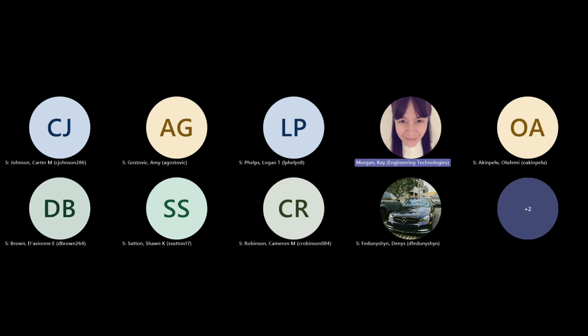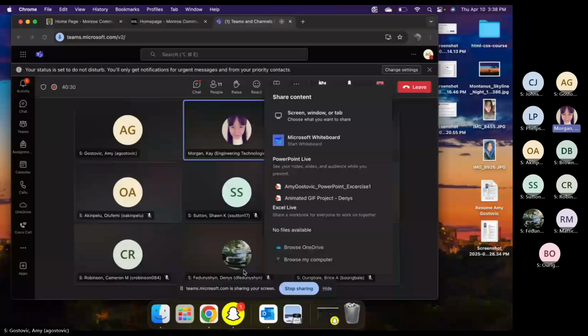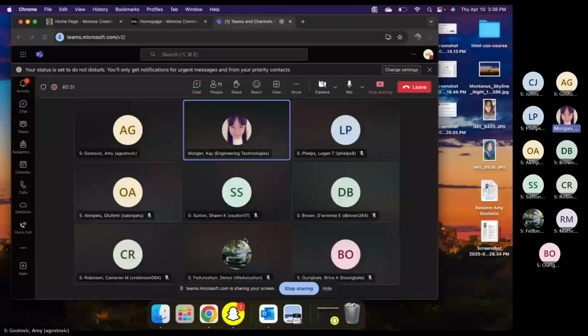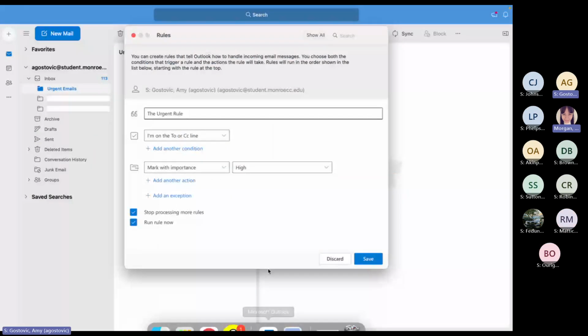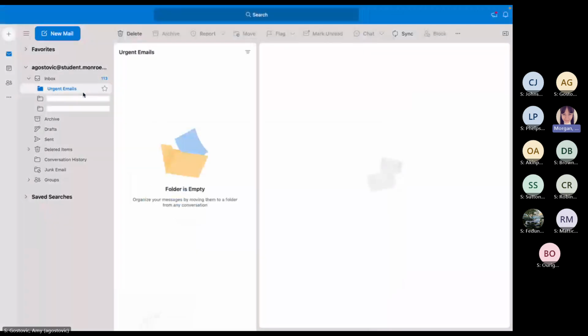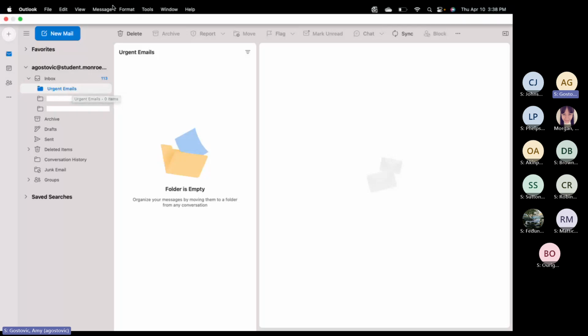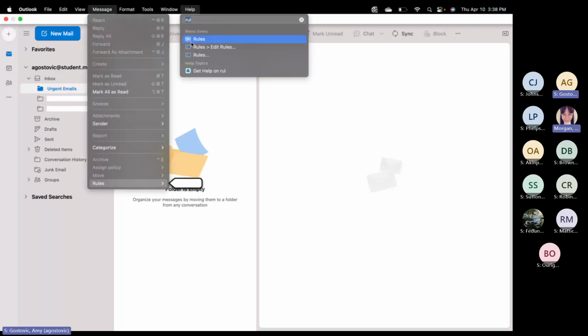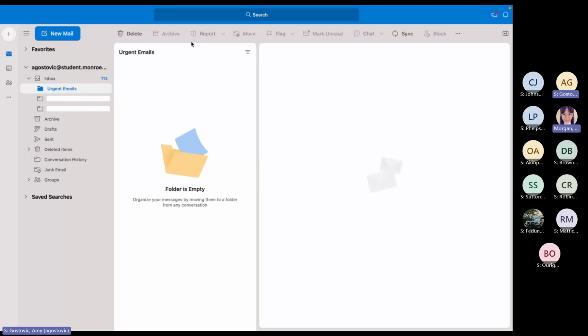You make a folder called urgent for your exercise. The folder name is urgent, and you're going to type an email with the subject line urgent to somebody, or to yourself. Can you see my screen? Yes, I can see your screen. See, I made the urgent emails folder right here, and then when I go to rules,